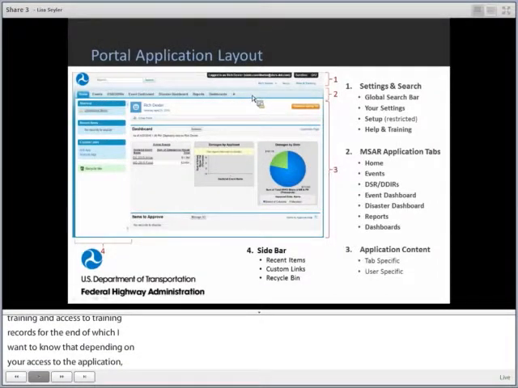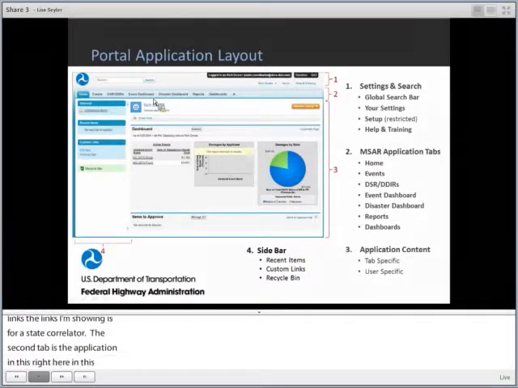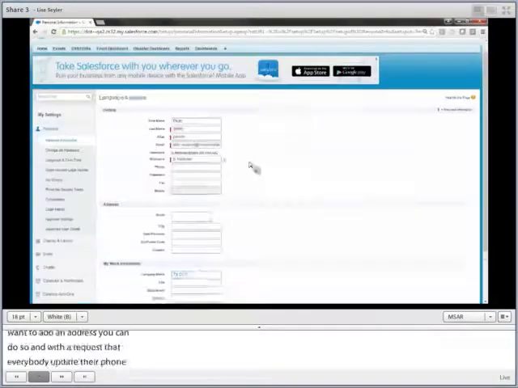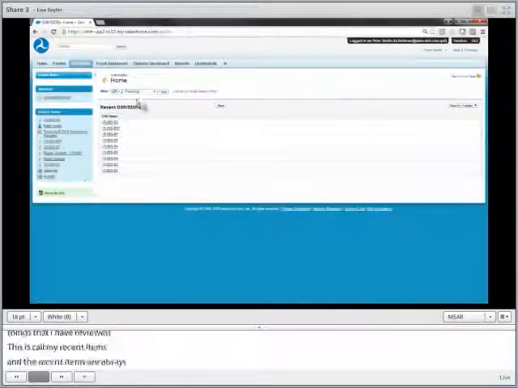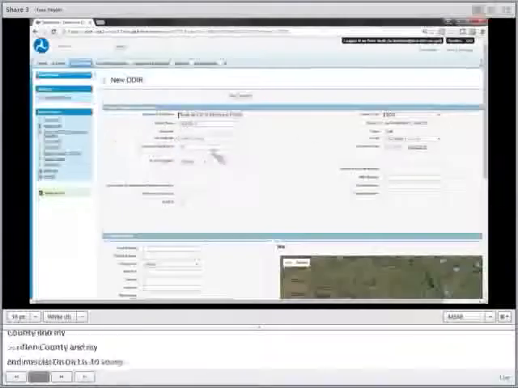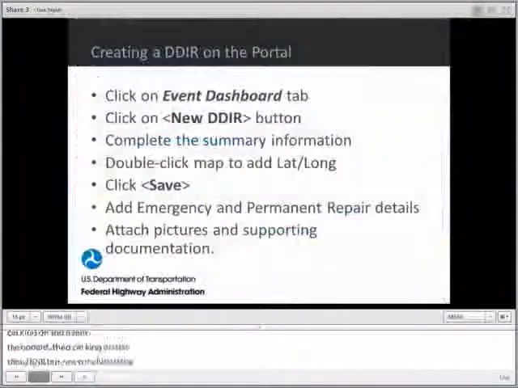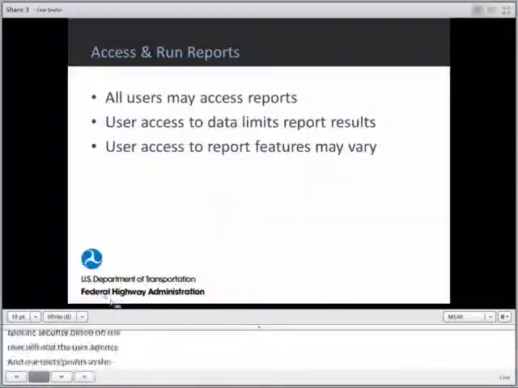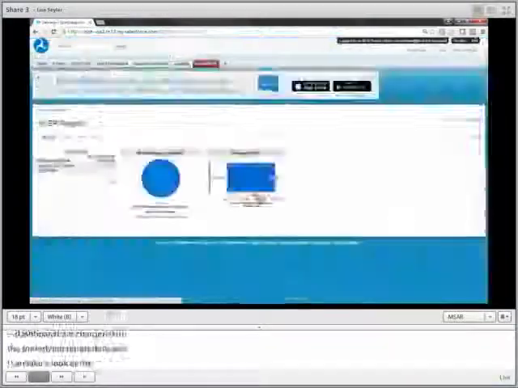The second section of the application is right here, and this relates to the different tabs of the application. And you should see Home, Events, DSR, DDIRs, Event Dashboard, Disaster Dashboard, Reports, and Dashboards. And in the next segment of this video, I will walk you through how to make modifications to what is displayed there. The third section, which is the largest section on the screen, basically